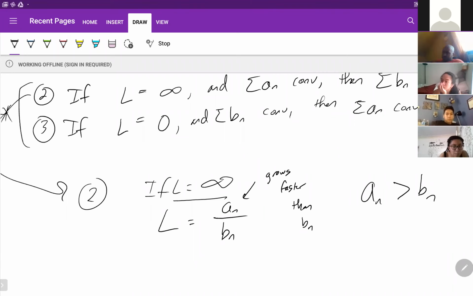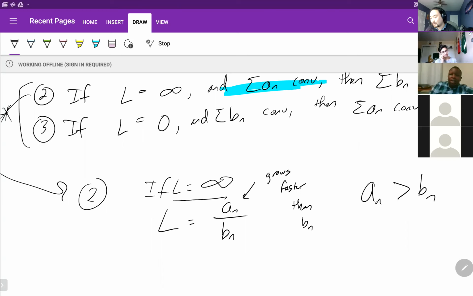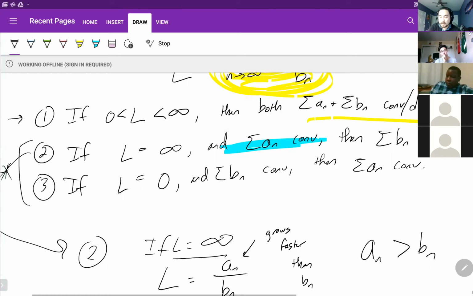Number 2 and 3, it's kind of hard to find one that's not the derivative, not the direct comparison tests. It has to not work for DCT, and then it has to fit 2 and 3. So this is what I was saying. Number 1 is going to happen like 90% of the time. Number 2 and 3 are just there to fulfill the definition, you know, they want to cover all their bases. They're more of a logic piece. Really, you're going to come across number 1 a lot more, to be honest.